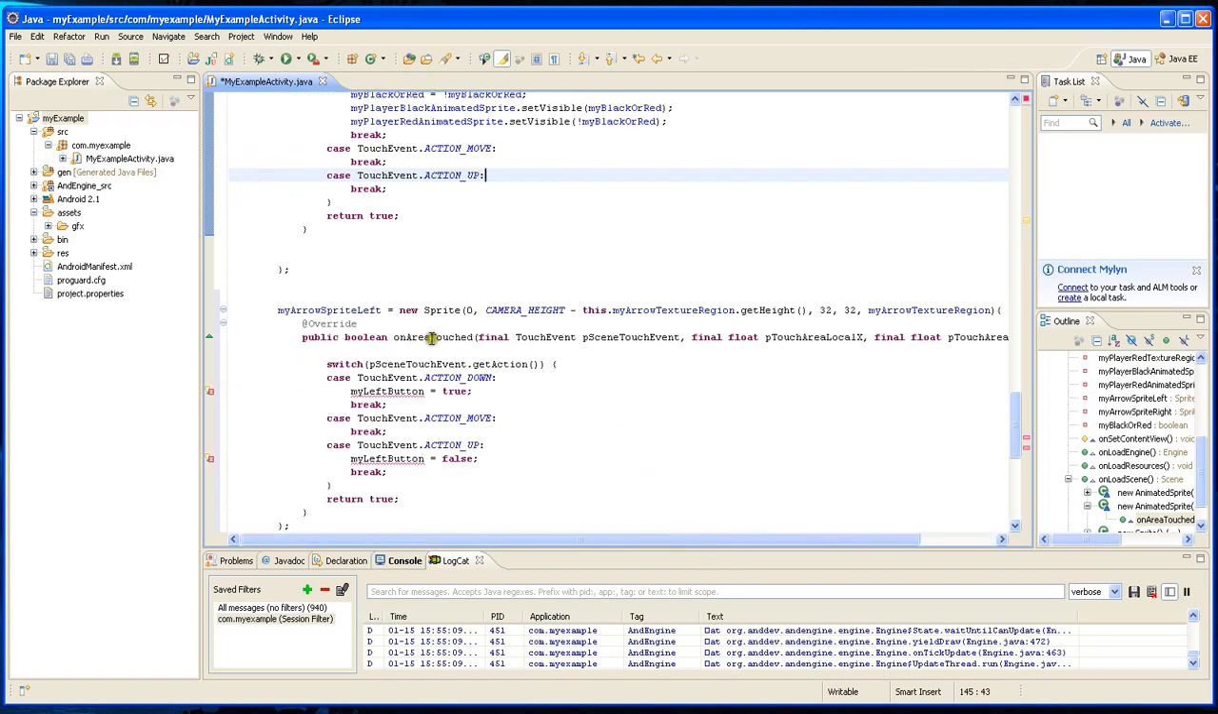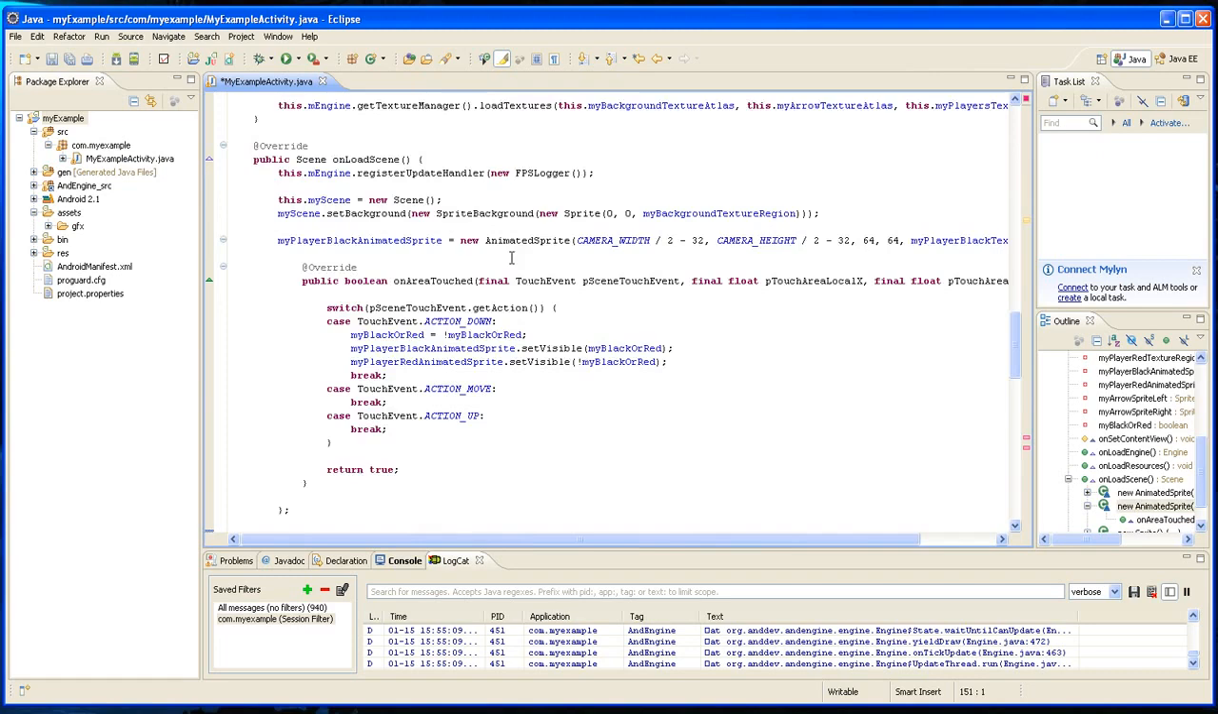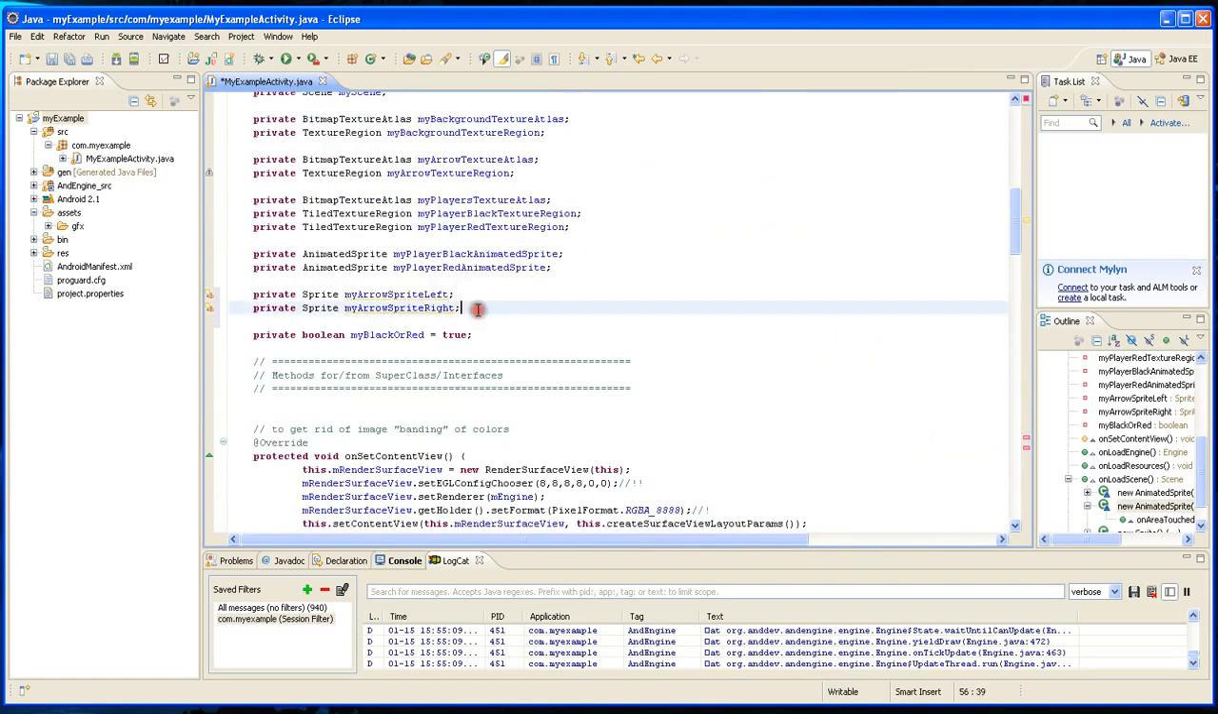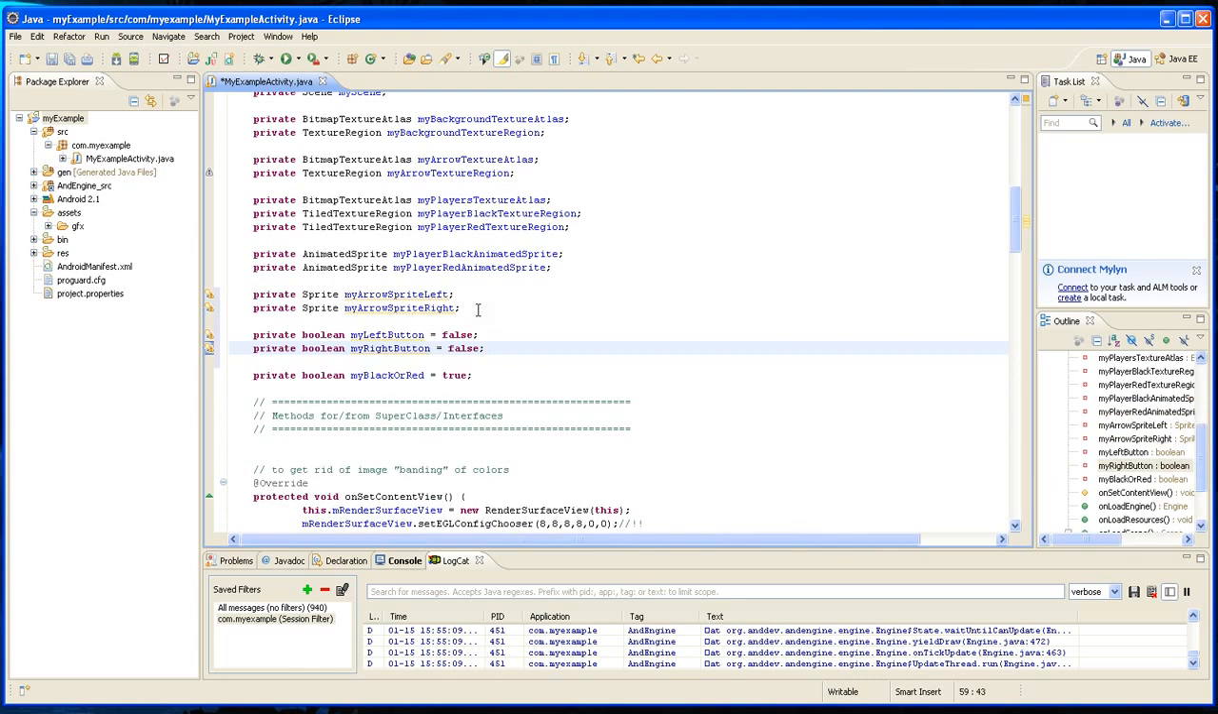and then same thing, you're going to override the on area touch, and an action down. We're going to set a variable named left button equals true, and then when it's up, we're going to set it to false. We're going to have to declare that variable in a second. I'm gonna declare it up here. So there's gonna be a my left button and a my right button, and I'm going to set both of those to false to begin with,